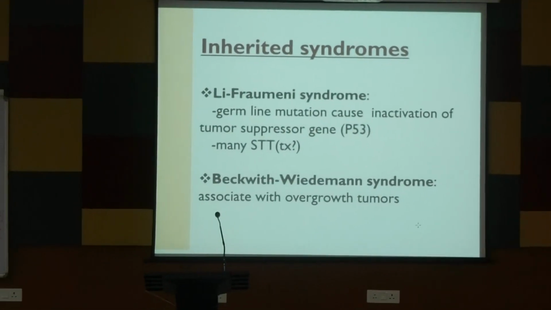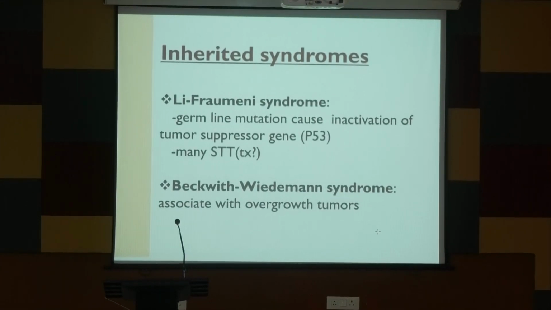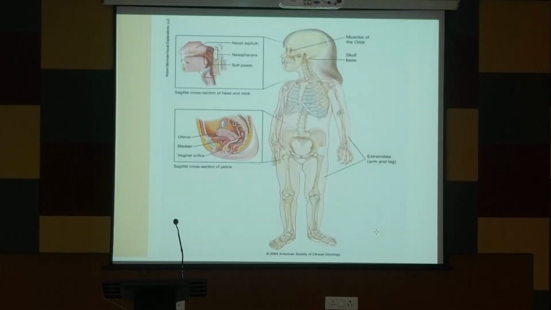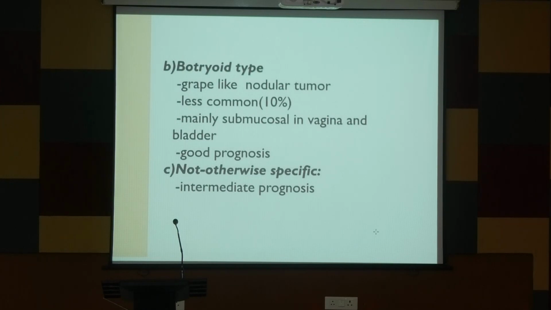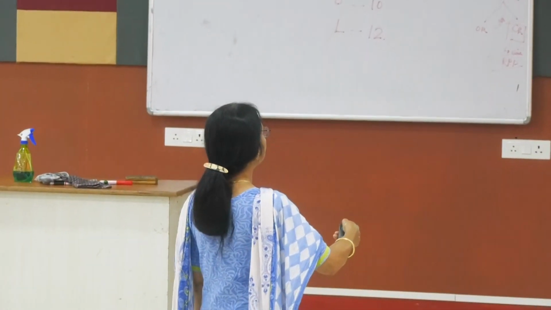Lymphomas syndrome, germline mutation, P53 ওয়ার্ডটা মনে রাখো, P53 মিউটেশন, P53। ব্যাকওয়েথ উইডম্যান সিন্ড্রোমটা অত বেশি দরকার নেই, বাট লি-ফ্রমেনি জিজ্ঞেস করে। কস্টেলো সিন্ড্রোমটা ওটারই আলাদা নাম, মেন্টাল রিটার্ডেশন অ্যাসোসিয়েটেড থাকে। এগুলো জেনিটোইউরিনারি ট্র্যাক্ট, এক্সট্রিমিটিসে বেশি পাওয়া যায়। এই ওয়ার্ডসগুলো যেগুলো পড়ছো, বট্রয়েড, এগুলো ভীষণ বেশি কমন না। সো ডোন্ট গো আফটার অল দিস মাইনর ক্লাসিফিকেশনস। আমি এক্সামিনেশন পয়েন্ট অফ ভিউ থেকে বলছি যে এতগুলো তোমাদের অত বেশি দরকার নেই। জাস্ট টু গিভ ইউ আ ইমপ্রেশন আই এম শোয়িং ইউ। এগুলোতে লিম্ফ নোড বায়োপসিটা ইম্পর্টেন্ট।